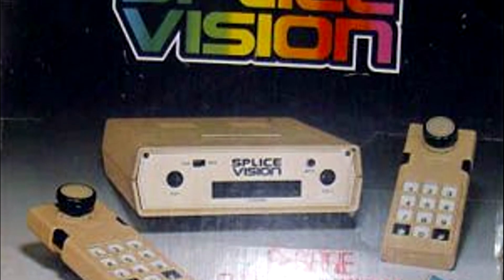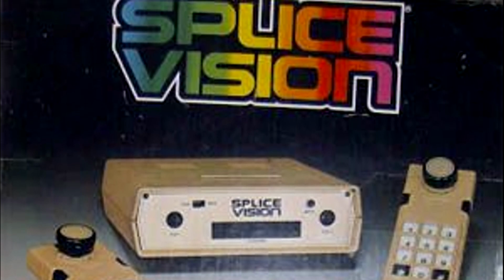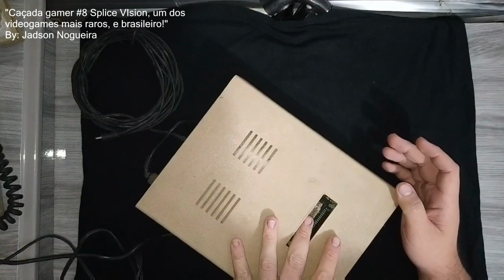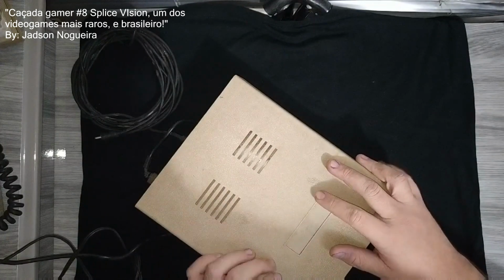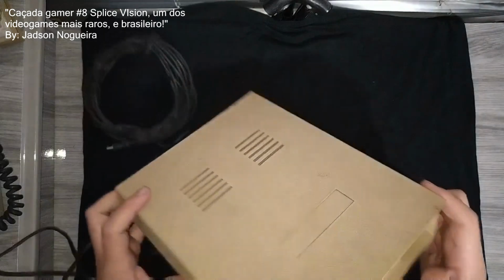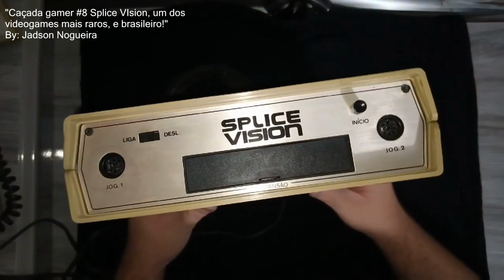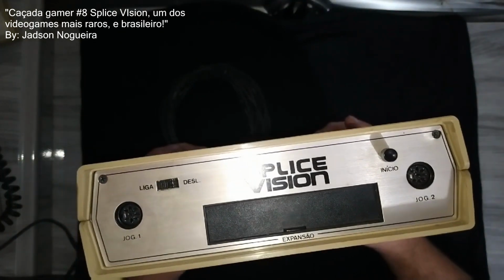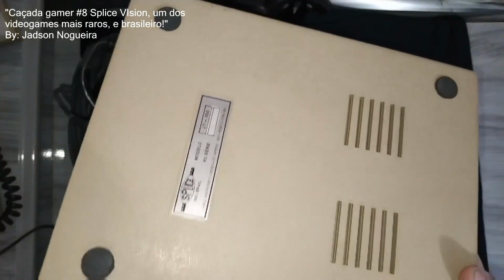Produced by the Brazilian telephone company Splice, it is one of the many products designed for sale in the reverse market. Much like the various 2600 clones that flooded the market before it, the ColecoVision has been recorded as being the only unofficial released ColecoVision clone in the entirety of Brazil's history. Produced in a very short period, the ColecoVision was put out in the market with what was described at the time as being more expensive than other consoles that were out at the time, and would be deemed a commercial